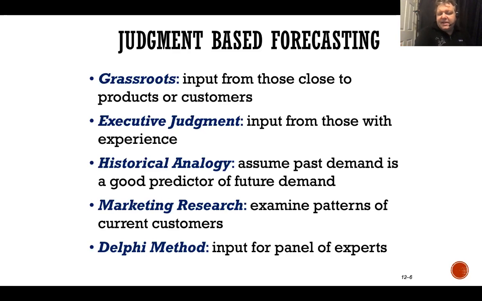A third one is executive judgment. It's the second one on the list. A lot of companies use executive judgment when they're producing something for the first time. This is a person with experience or a person with authority saying, how many of these do I need to make? Let's say 3,000. And that's it. It just is decided upon. This is kind of the power that we have. There's an expert or somebody with experience or authority who just says, we're going to try 3,000 and see how well it works.